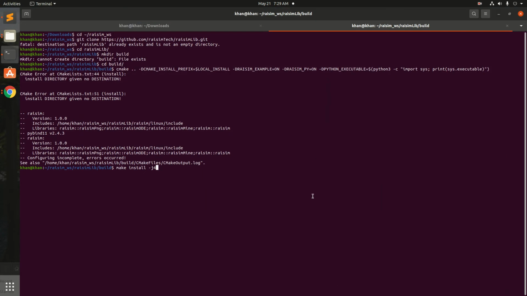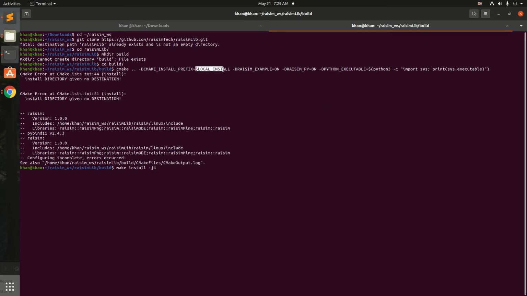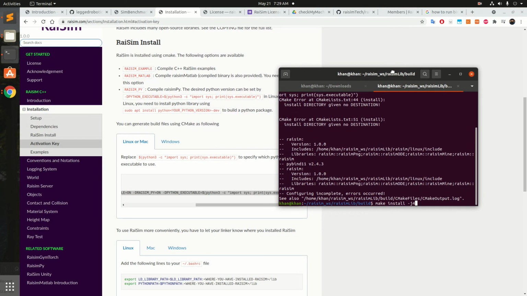It says that no destination is given. So here you know that this is local install. You should replace this local install with your workspace, the path where you want to install it. For example, I want to install it in